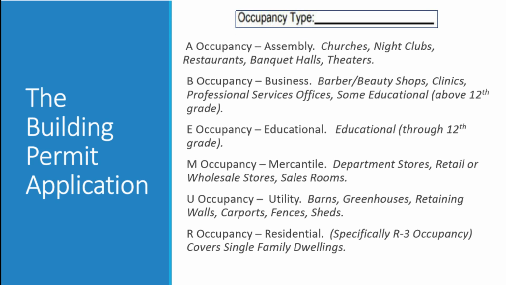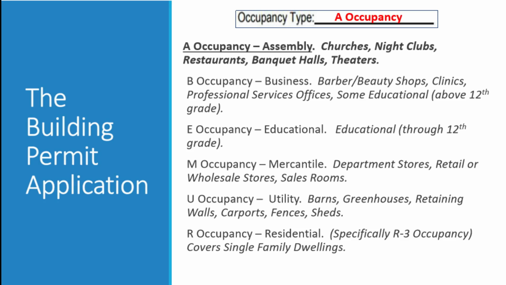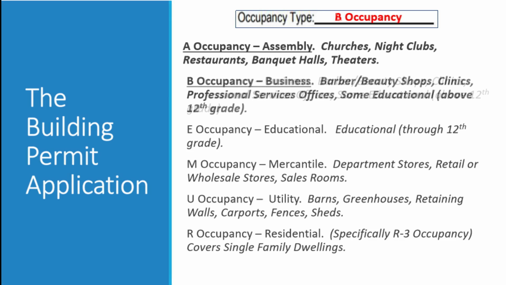As an example, if you were submitting a building permit for a church, a restaurant, or a nightclub, then you would indicate A, assembly, as your occupancy. If you are submitting a building permit for a barbershop, a clinic, or professional services office, then you would indicate B, business, as your occupancy type. If you are submitting a building permit for a school K through 12th grade, then you would indicate E, educational,